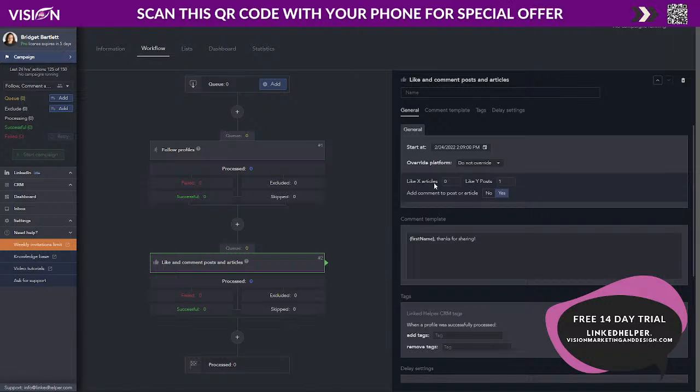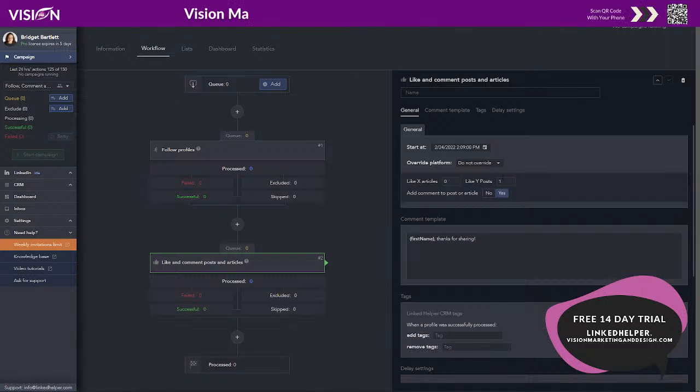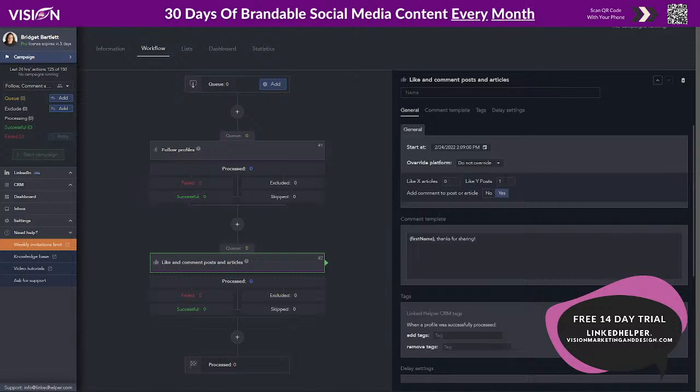So what we can do is go to a profile, and think about yourself on LinkedIn too. Most people don't have a whole bunch of notifications and people commenting and liking. So what you're doing is you're actually helping their post by liking and commenting, but you're also putting yourself in front of them.